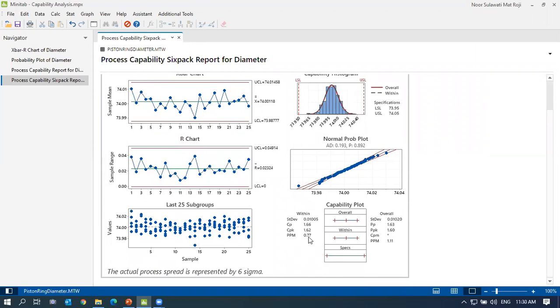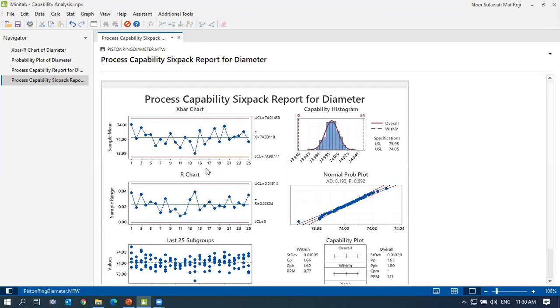So we have already checked the assumptions. If your customer requests to know whether your data is normal or not normal, using Capability Sixpack they already know your data. So this is the difference